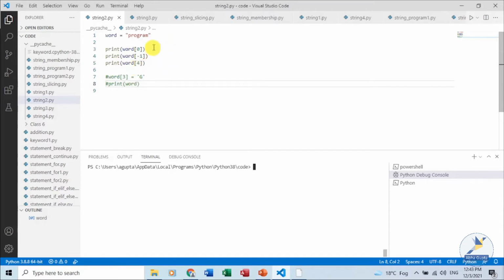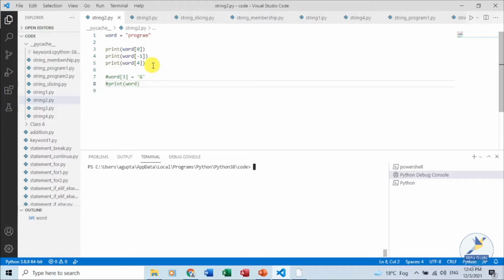For example, here we are trying to print a character from the string word which is at position 0. So we will get P. The next print statement is trying to extract a character from the right-hand side using a negative index.